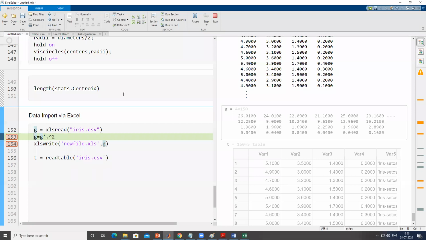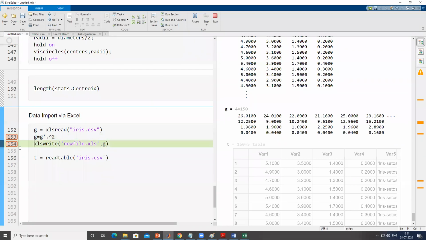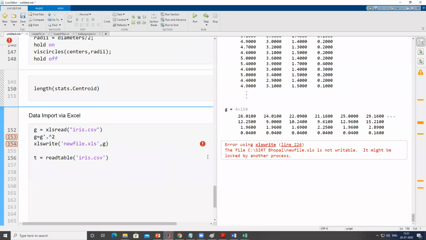Like that, we can do it. Now it has calculated the G part and it has stopped at line number 154. After that, we can click on continue or step and it will carry forward. If you are talking about some loop, then you just have to use the break keyword there in order to quit the program.